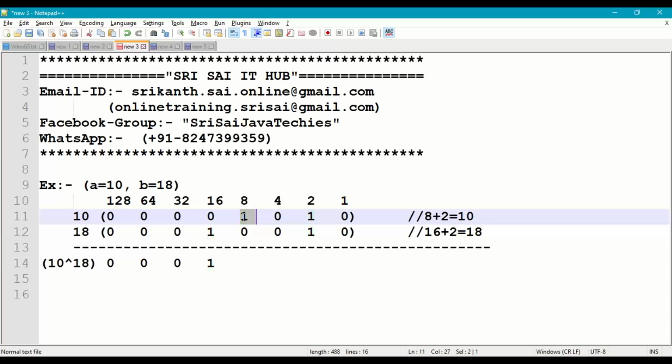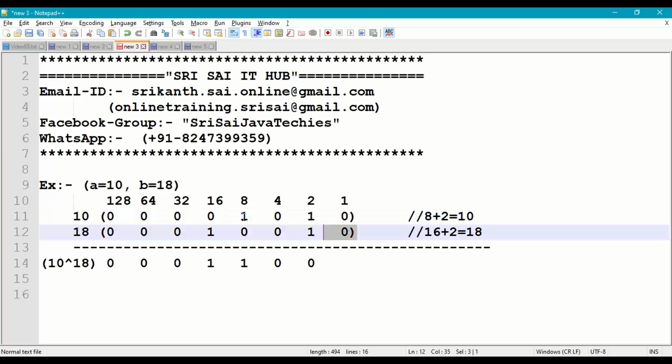Next, 1 0, either of the bits are different, so the answer is 1. Next, 0 0, both the bits are same, so the answer is 0. Next, 1 and 1, so 1 exclusive OR 1, both are same, so the answer is 0. Last bit, 0 and 0, both the bits are same, so the answer is 0.